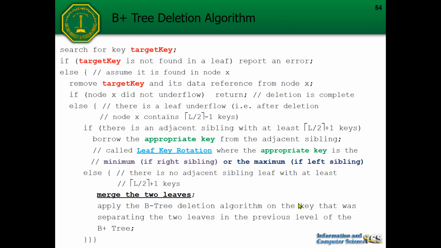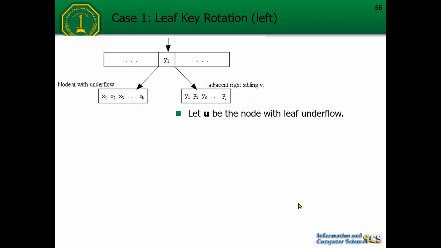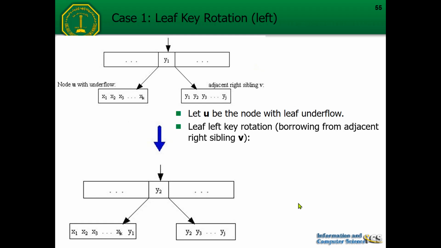This is the detail of the delete algorithm in the B+ tree. We will not discuss this detail. We will try to see the mechanism and also an example to make sense of the delete algorithm in the B+ tree. Let's look at this diagram. So this is the first case. In this case, we will do the rotation to restore the balance in the B+ tree.